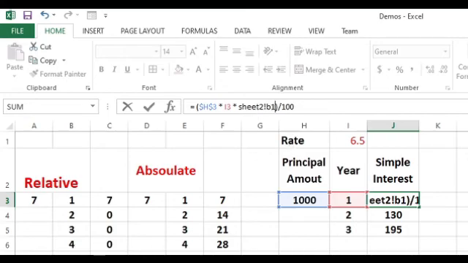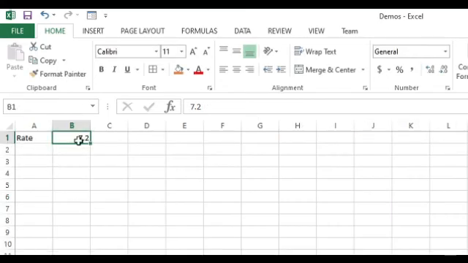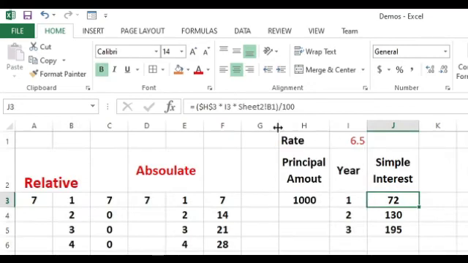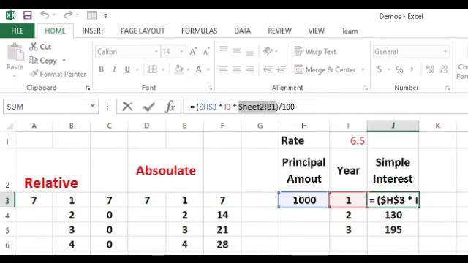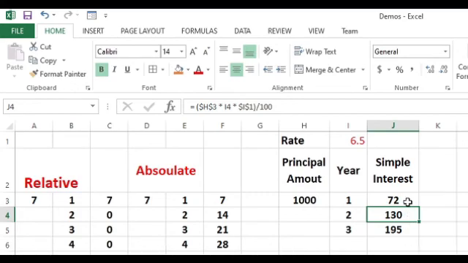B1. Let's check once again. It's B1. Okay, and what you need to do, you need to make it an absolute address, function key F4, and now press enter key and copy this formula.